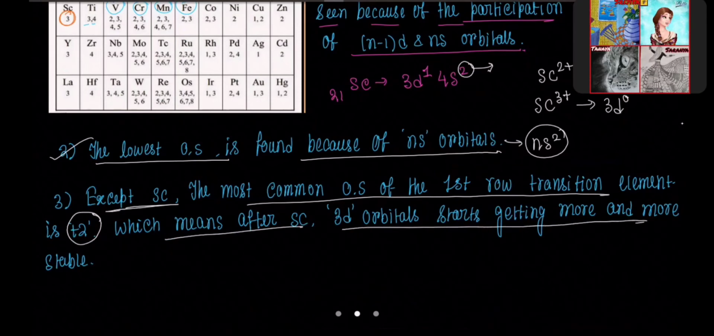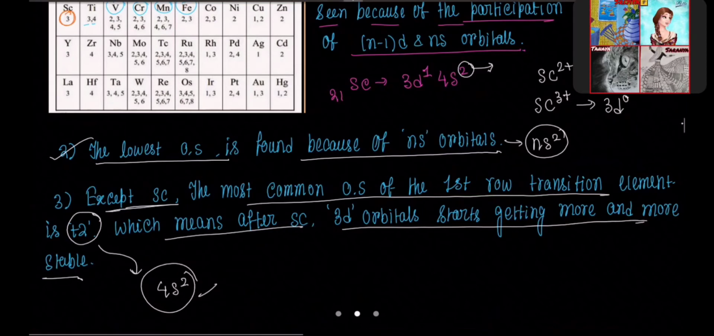3d orbital is getting more and more stable. So +2 is the most stable configuration because of the 4s2. Other than scandium, the 3d1 also goes out, right? So that's the concept over here. So for scandium, it is +3. Now I would move on